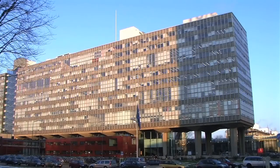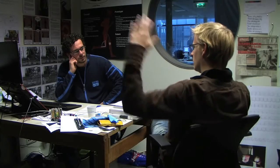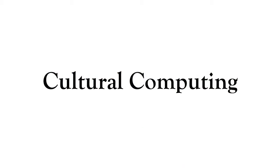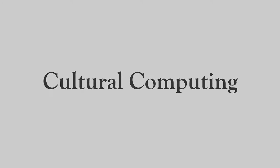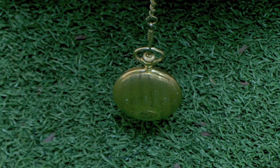At the Eindhoven University of Technology, at the Department of Industrial Design, we are exploring a new application of virtual and augmented reality for a novel direction in human-computer interaction named cultural computing. The main objective of the ALICE project is to create an interactive installation that encourages people in Western culture to reflect on themselves, based on the narrative of Alice's Adventures in Wonderland, which addresses issues such as logic, rationality, and